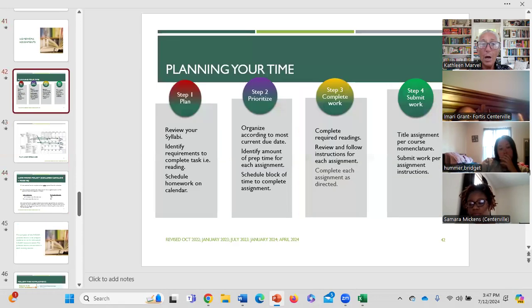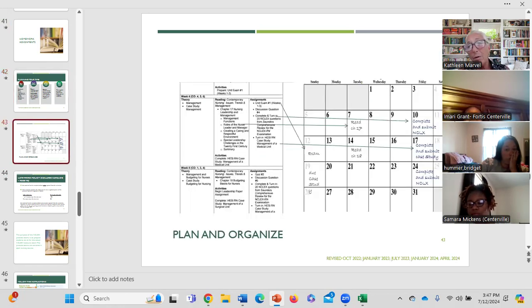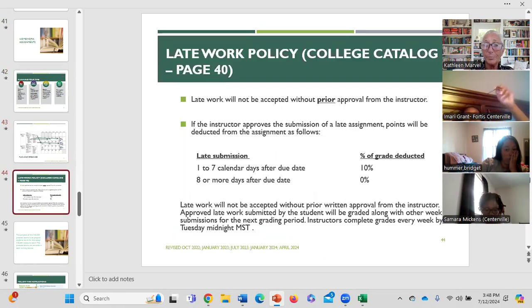Homework. I'm assuming you're all planning, prioritizing, completing work, and submitting work. For you to have come this far in the program, I'm sure you're all doing a fantastic job at all these 4 steps. Okay, if you have any issues with any of these steps or want to talk about strategies or get my input, please feel free to reach out. This is an example of pulling your assignments off the syllabus and putting them onto a calendar. Like I said earlier, whatever works for you, whether it's a phone calendar, paper calendar, computer calendar, but you need to have some sort of an organizational system, especially this term.